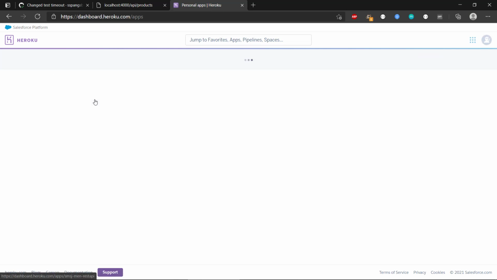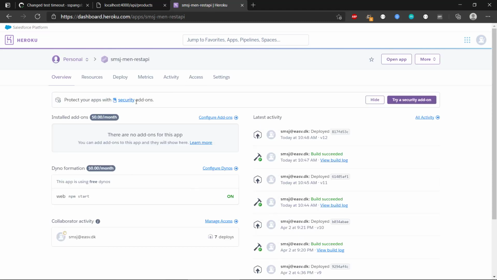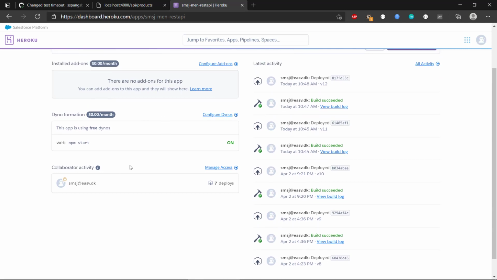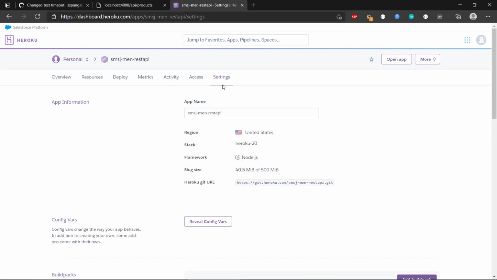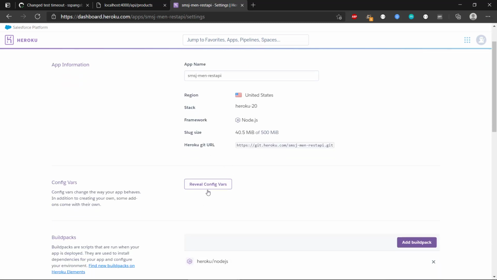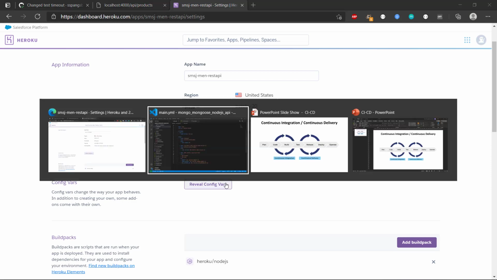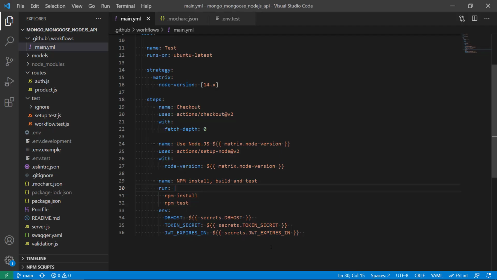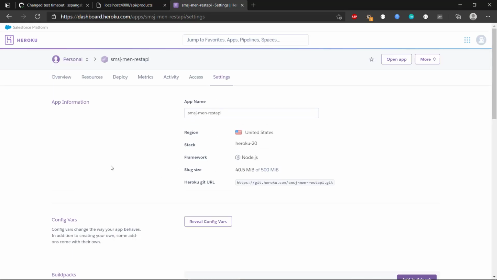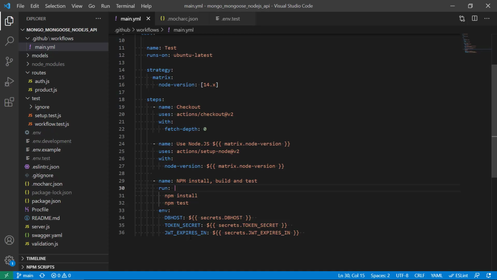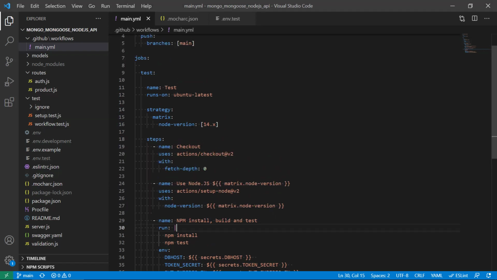If we go to the dashboard of Heroku, we can see we have an app here called REST API, and it is instructed to run npm start and everything. Furthermore, in the settings we have set up configuration variables that map to our database host, the token secret and the JWT expiring. So whenever we commit to Heroku, the app is going to function because it has these config vars that map to the environment variables. But we need to set up a job that will tell GitHub to deploy this automatically